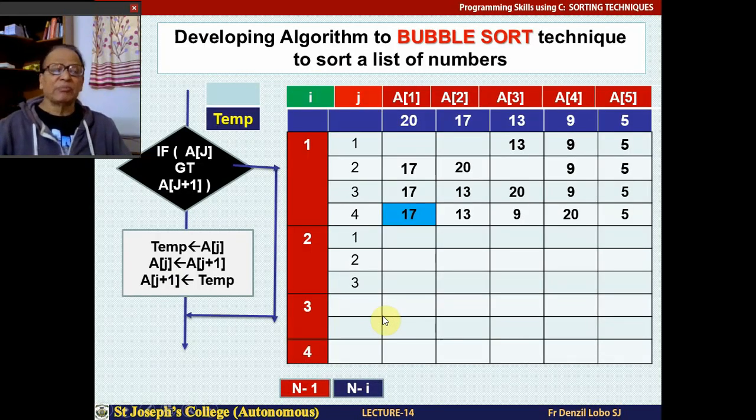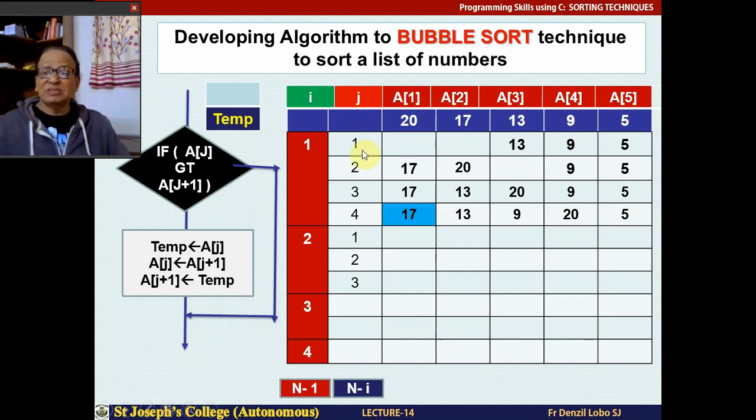So here, coming to bubble sort, we want to design this algorithm. I have here 5 numbers in an array called A1, A2, A3, A4, A5. As you see, these numbers are arranged in the descending order. So how am I going to do the bubble sort? I start from the beginning of the array. I compare two numbers, then 1 and 2, 2 and 3, 3 and 4, 4 and 5. And with that, I place the largest number at the last location, as you see here.